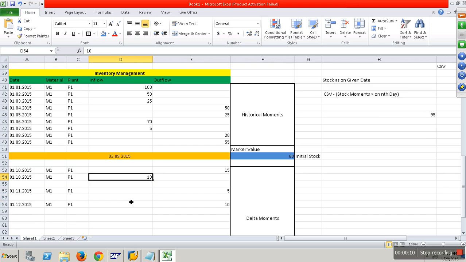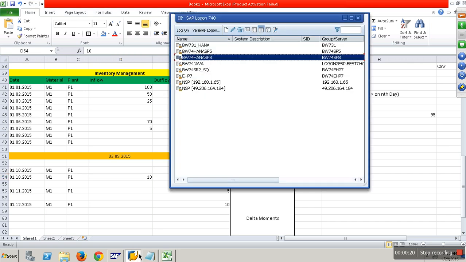Okay, boss. Basically, I wanted to implement the same inventory with this example of data in Excel in the BW system. Yeah. So what I would do is